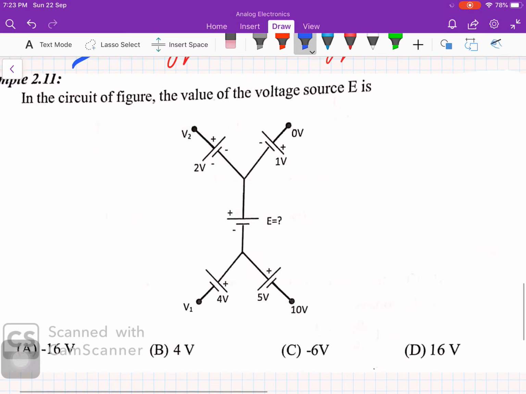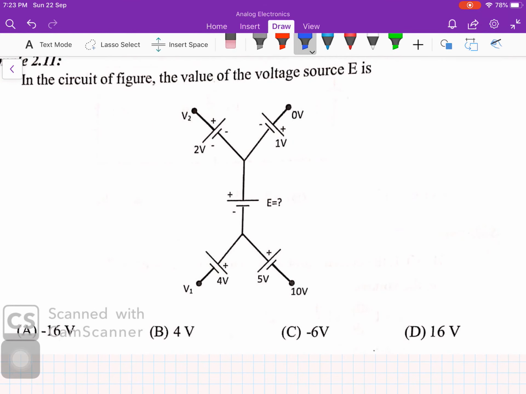Now let's look at this circuit. Here we need to find this voltage. Alright. Now as soon as I see this, I can see some 0 volt here. Alright. I don't know what is V2, I don't know what is V1, but I do know this and this. So I'll apply a KVL across here. I can draw the circuit too. So it will be nothing but